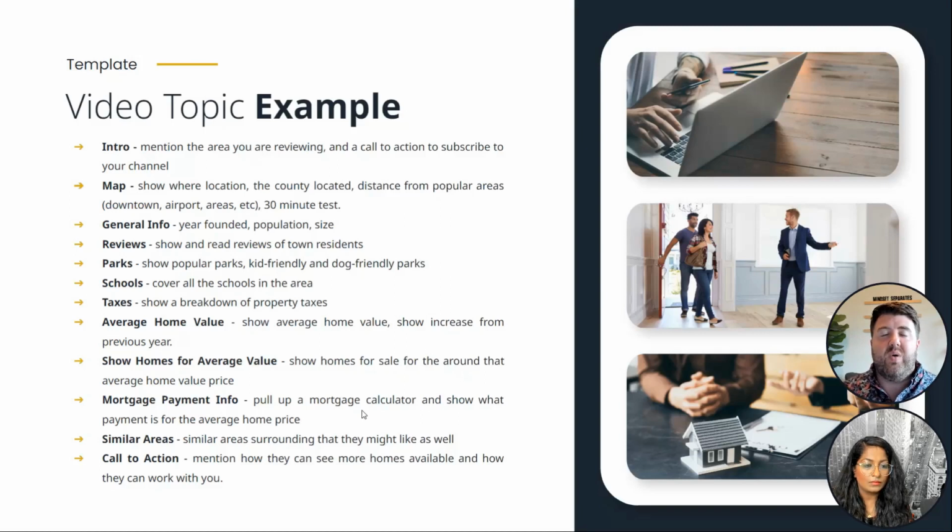So what this video is going to do is give an overview of a city or an area. So yes, we have Houston, but we have the suburbs. We have Katy, Sugarland, Richmond, Fulshear, Missouri City, and that's just on the west side. And you have the north side and all of those. So what you're going to do is basically follow this format. I grab a Word document or an Excel spreadsheet, and each one of these could be a column. Then you can put the city and all the quick information about it, so you can follow through in your home in recording this video.